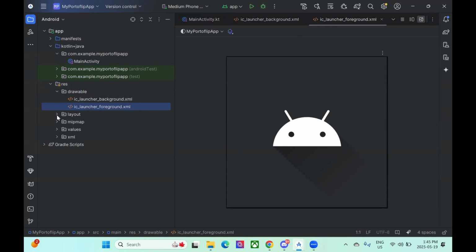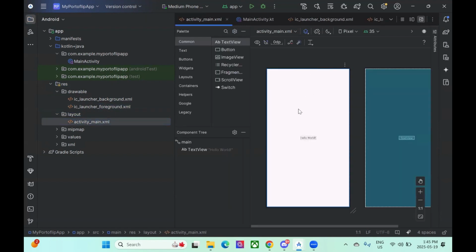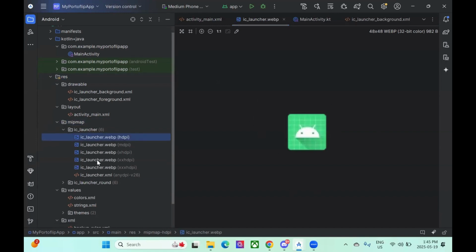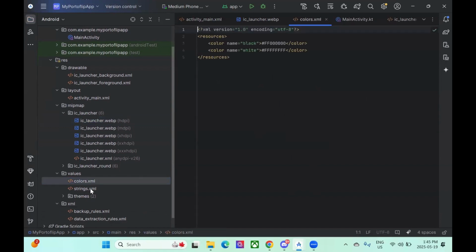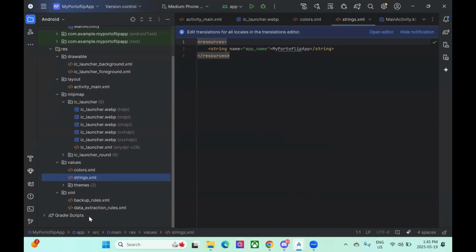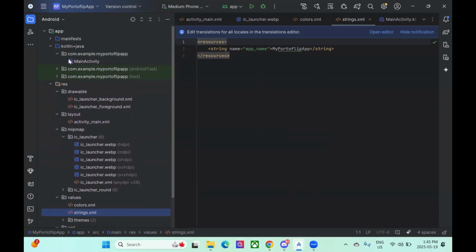If you click into the layout, this is where you'd place your layout files. So this is the default one for main activity. So this is like your main screen. And you have a few other files here. Here is typically where you replace the default app icon. You've also got other files like colors, strings, you got themes, and I guess I could show you the Android